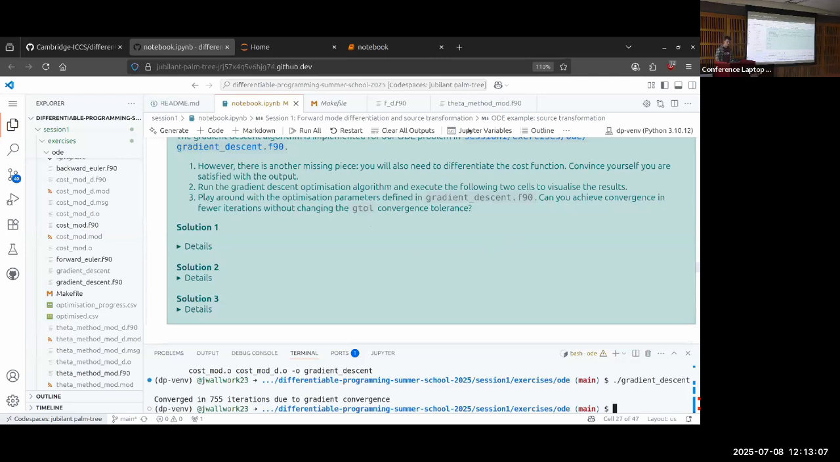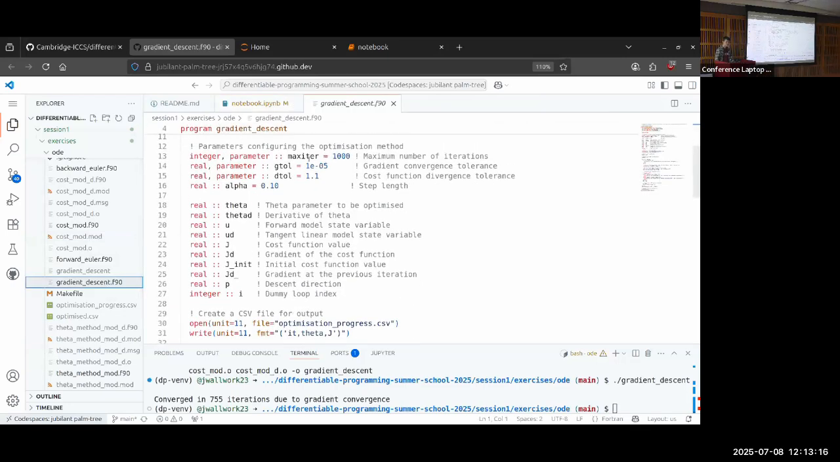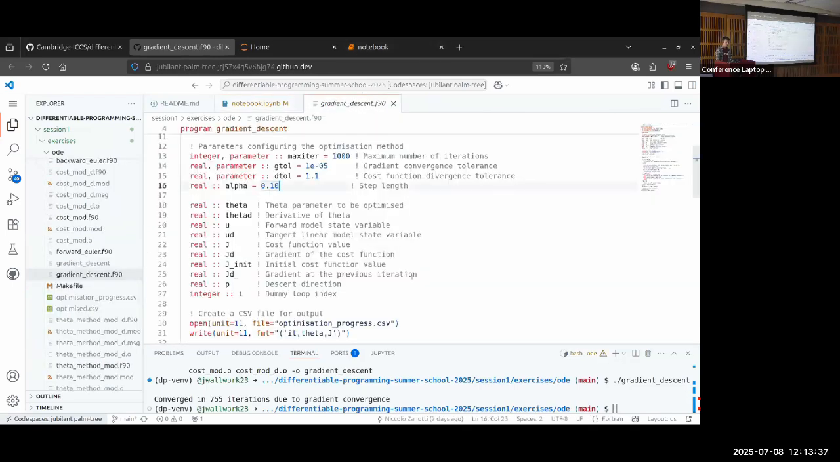Well, you can go back to the gradient descent thing here. So we can see that there's some optimization parameters that get set. So maximum number of iterations, gradient tolerance, divergence tolerance, alpha, which is the step length. So as I was saying, it's just a fixed number. And what we mention here, playing around with the optimization parameters, you find that if you increase this value, then you can actually get convergence faster. So if we increase that to 1.5, say,